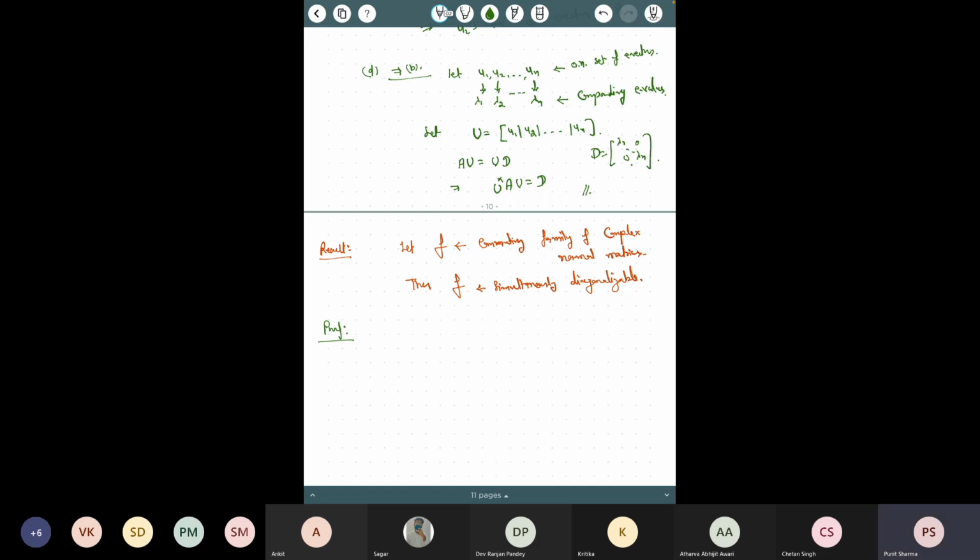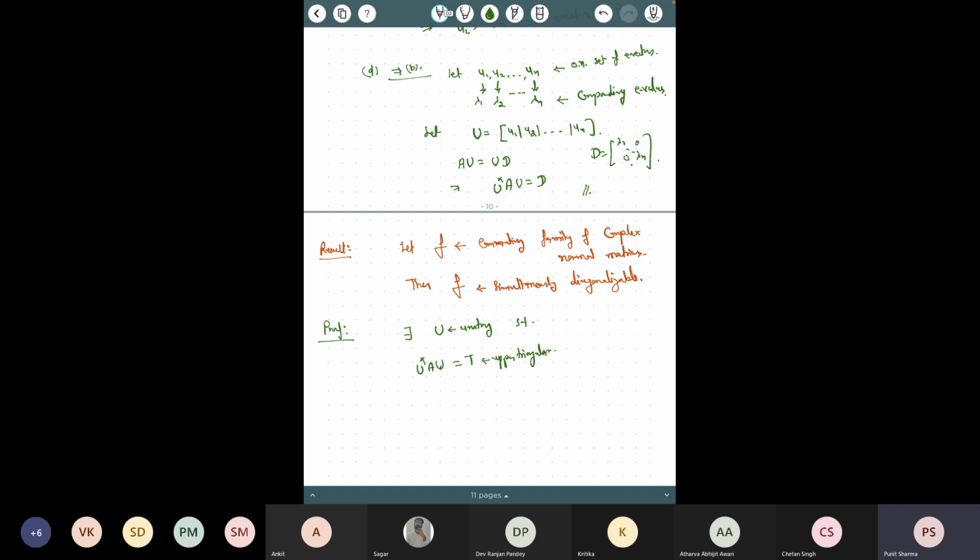We proved that if we have a commuting family of complex square matrices, then that family is always simultaneously upper triangularizable, right? So what we can say, because this is a commuting family of complex matrices, is that from what we know so far, there exists a unitary U such that U star AU is upper triangular,